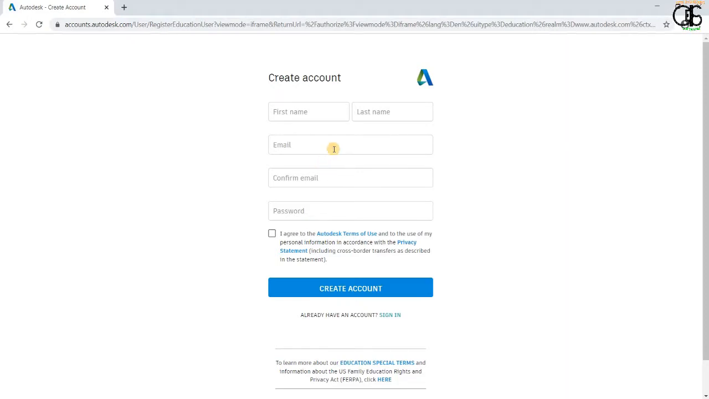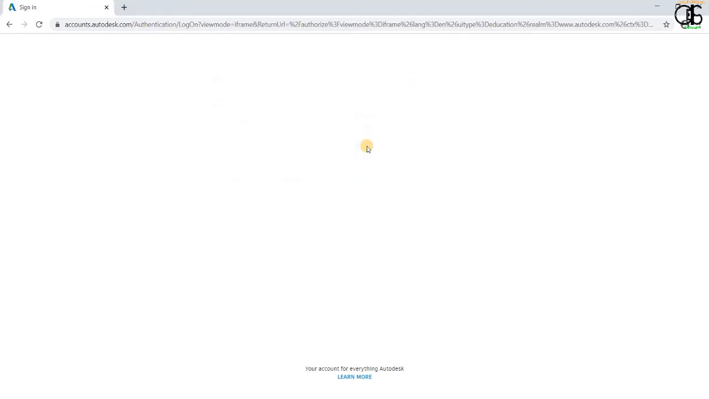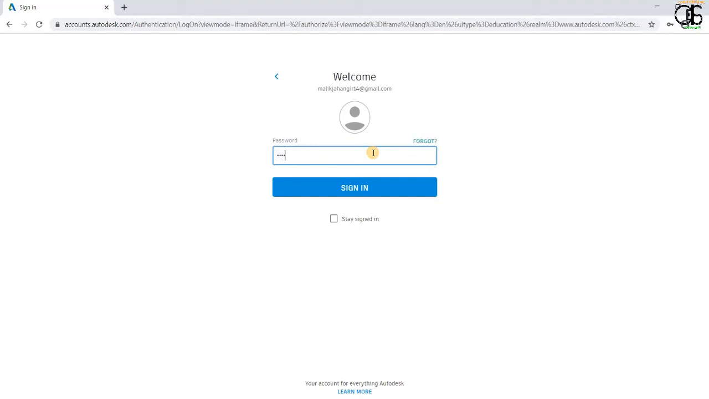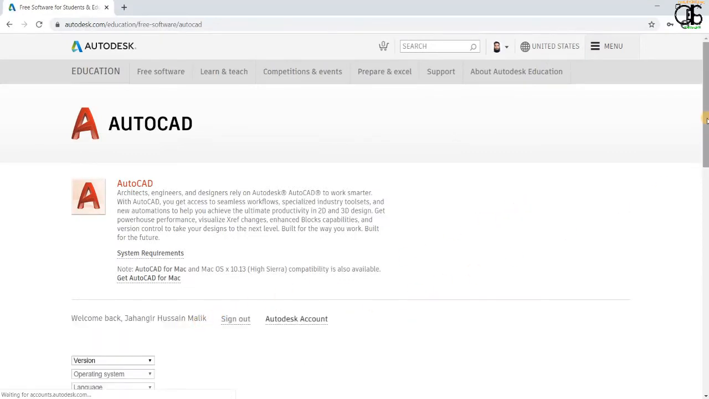And if you have already existing account, you can sign in from here also. So in my case, I can sign in. I have my already existing account. So here we go. You can give password also. So here I have created that account,